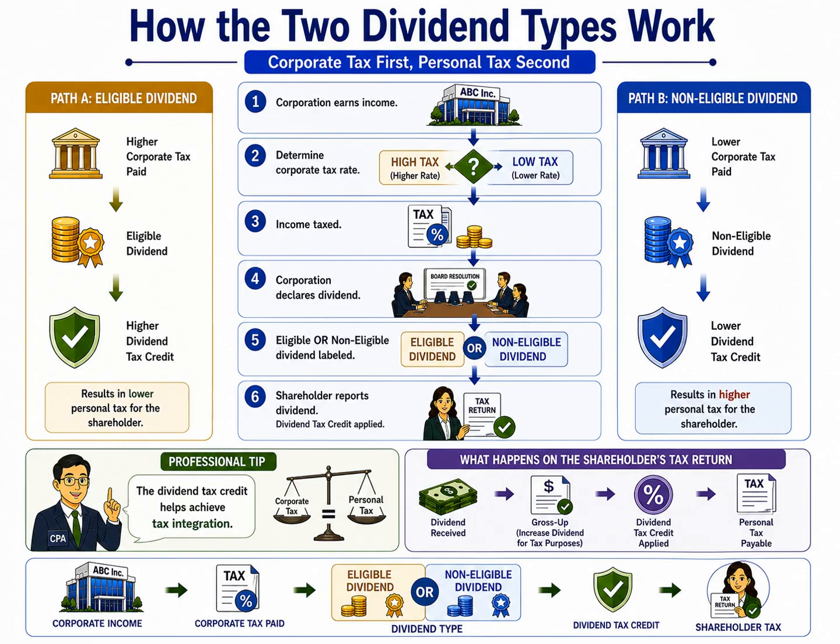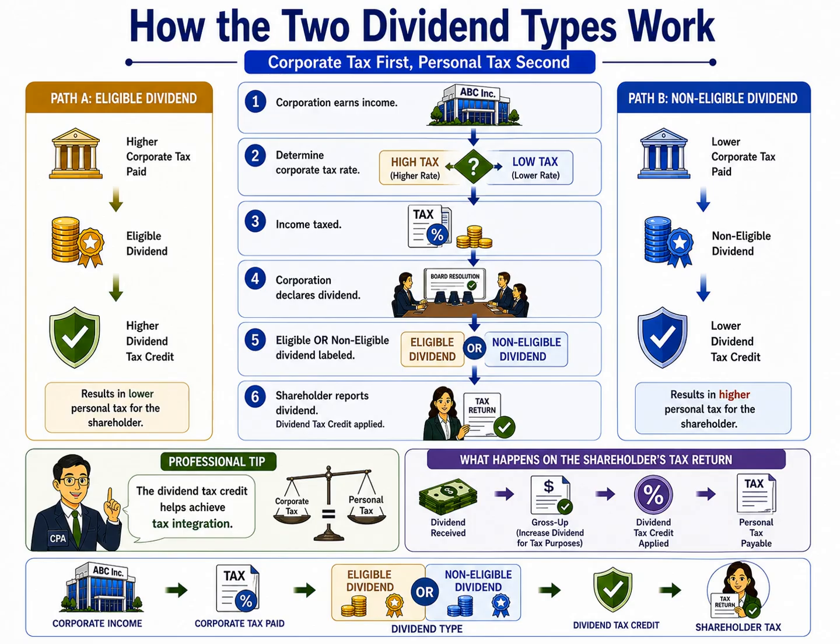Once the corporation determines the appropriate dividend type, the board of directors formally declares the dividend and pays it to the shareholder. The shareholder then reports the dividend on their personal tax return. Canadian tax law requires the dividend to be grossed up, which estimates the corporation's pre-tax income before applying the appropriate dividend tax credit. This sequence of gross up followed by the dividend tax credit is what helps integrate corporate and